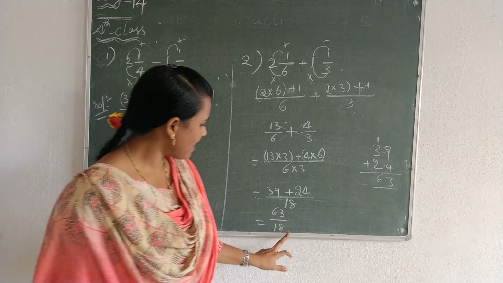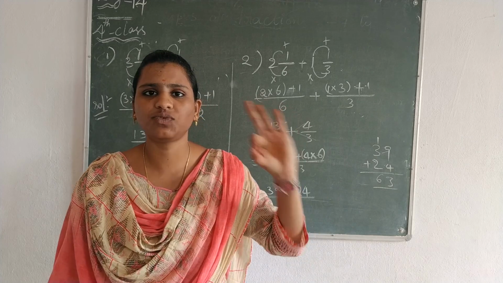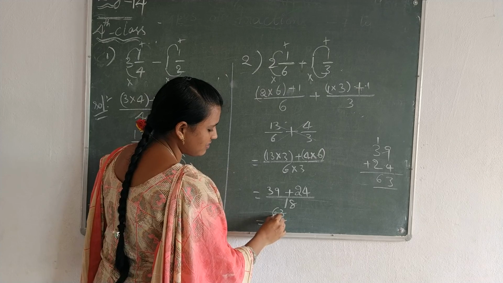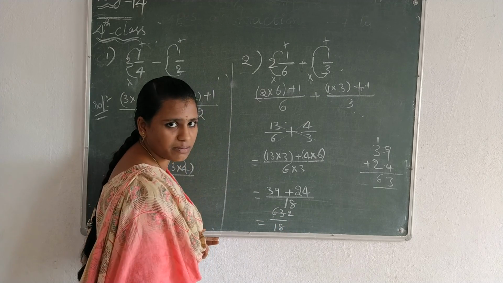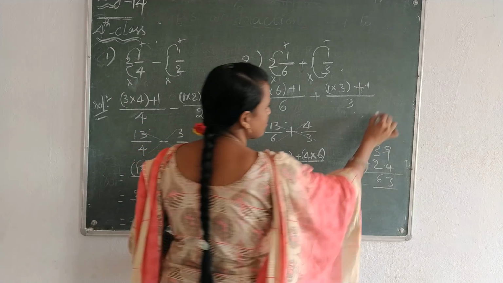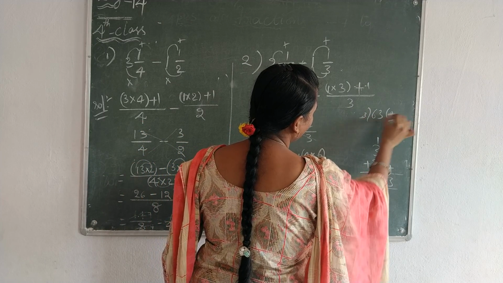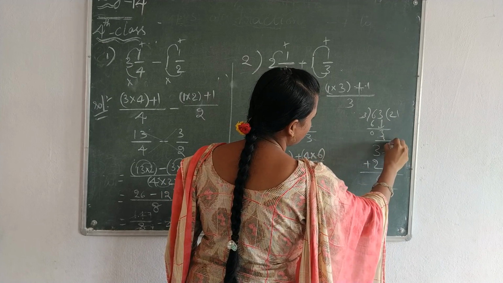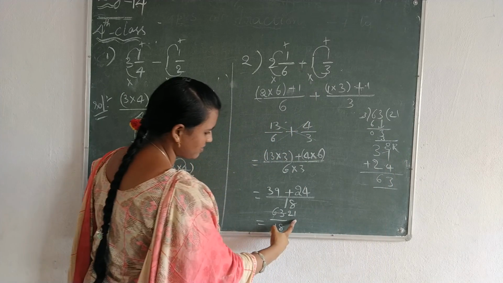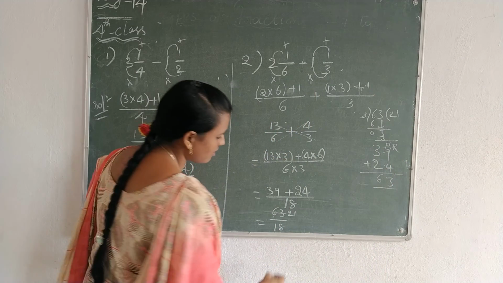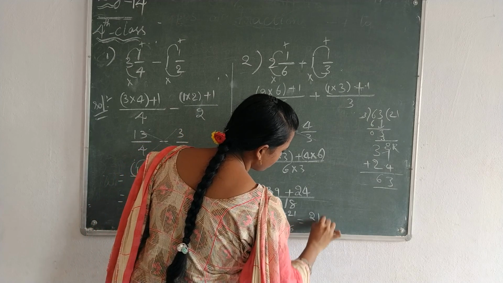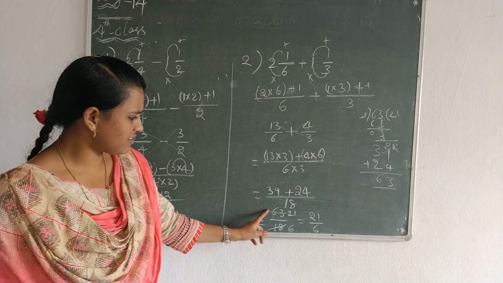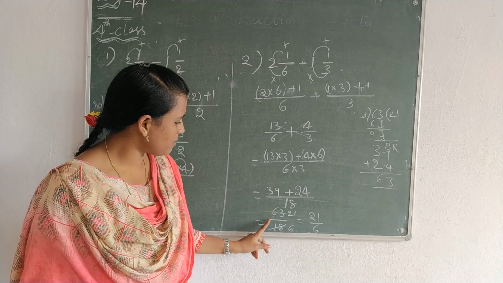This 63 and 18, these two are cancelled in the 3 table. Okay, let's take the 3 table and cancel it. In this, 6 is cancelled 2 times in the 3 table. 3 is 1 time. Okay, 63 divided by 3: 2 times 6, 0. 3, 1 time 3, remainder 0. Okay, 21 times. In this case, 6 3s are 18. So 21 by 6 is the lowest form of 63 by 18.